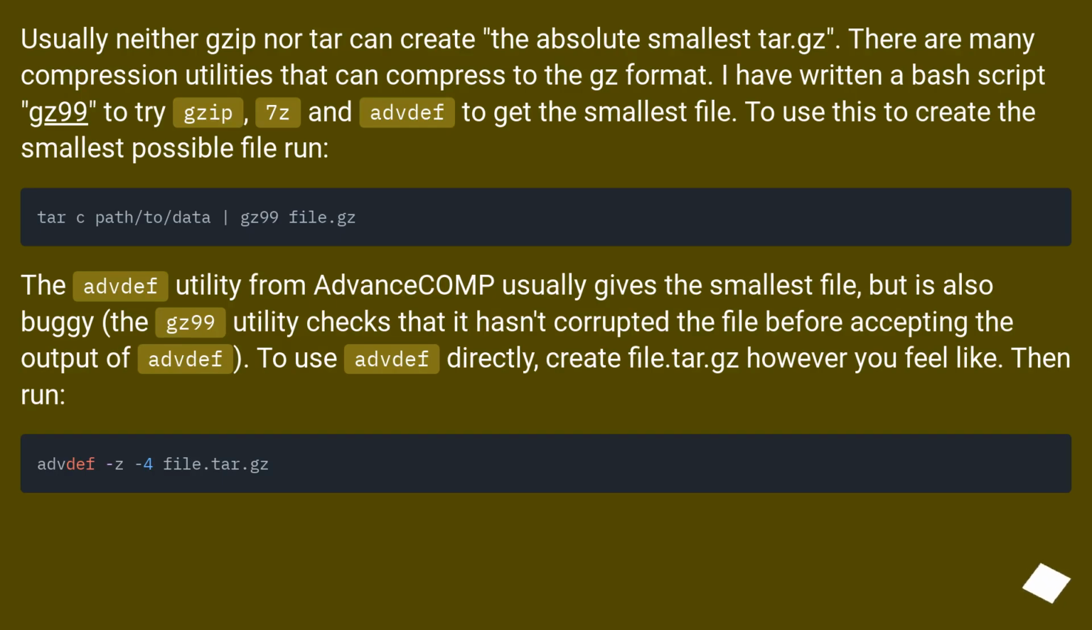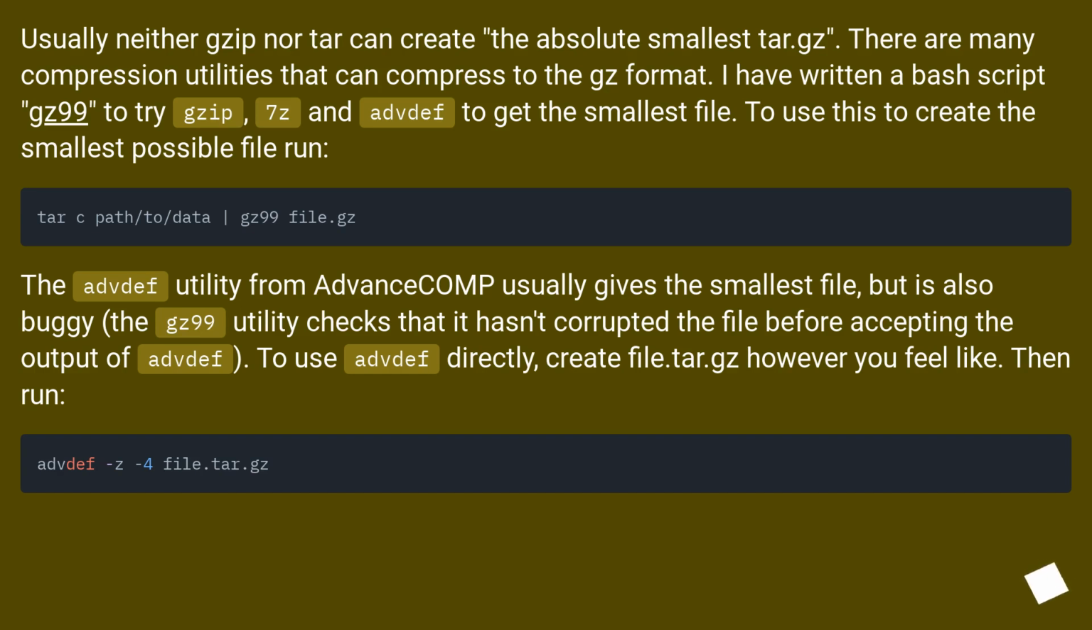Usually neither gzip nor tar can create the absolute smallest tar.gz. There are many compression utilities that can compress to the gz format. I have written a bash script gz99 to try gzip, 7z and advdef to get the smallest file. To use this to create the smallest possible file, run: